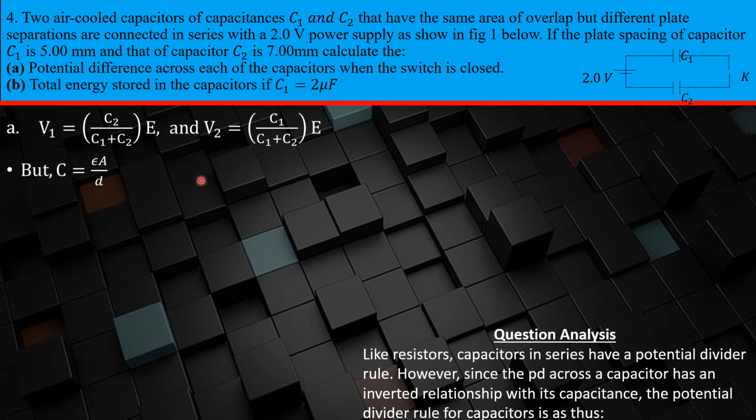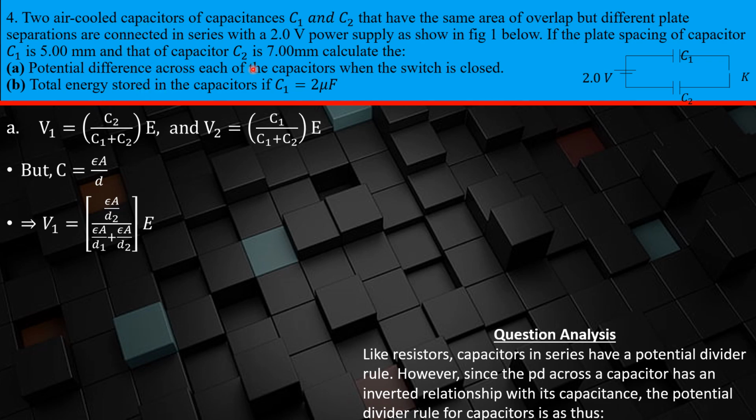Now, what we can do is also calculate capacitance by the permittivity of the medium between the plates multiplied by the cross-sectional area of the plates divided by the separation of the plates. So in V1, in place of C2, I can replace this expression for what C2 is. So we get the permittivity of that medium. Remember that it's an air-cooled capacitor, so the permittivity is basically that of free space, right? So cross-sectional area over D2. You do the same for C1 and then the same for C2. Now notice that the permittivities are the same. Why are they the same for both capacitors? Because they have the same